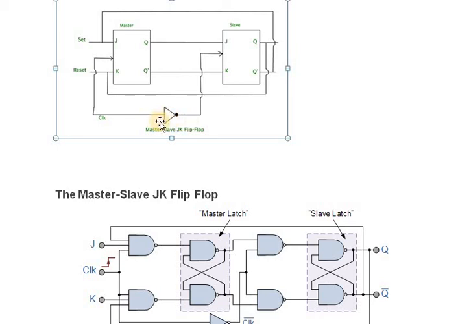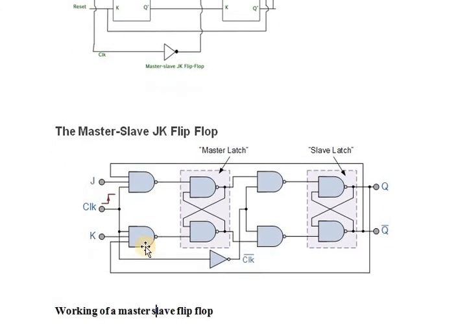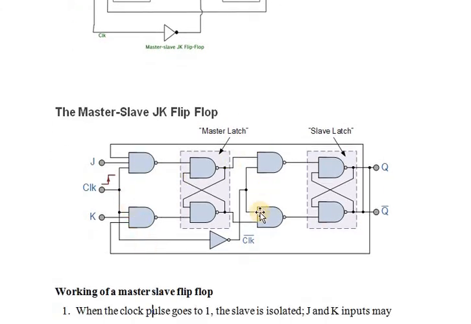So this is the block diagram of master slave JK flip flop. So this is the circuit diagram for the master slave JK flip flop. So see here, two inputs J and K, and a clock input is given, and an inverter is connected to the clock pulse here. So if you give 1, it will give the output as 0 here. If you give 0 here, it will be 1. So this is the master latch and this is the slave latch. When the clock is high, master will be in active mode.